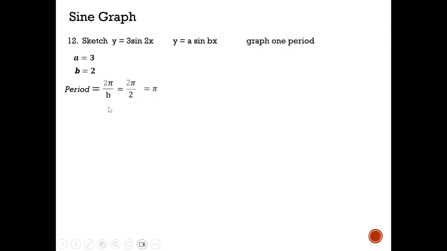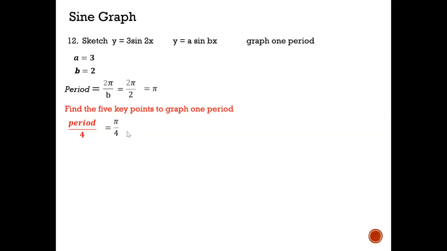Now I need to find the other key points, which are 5 key points. We always start with 0. So for the other key points, we're going to divide the period by 4. That's how you find the other key points. So the period is pi, so we're going to have pi over 4, which means when